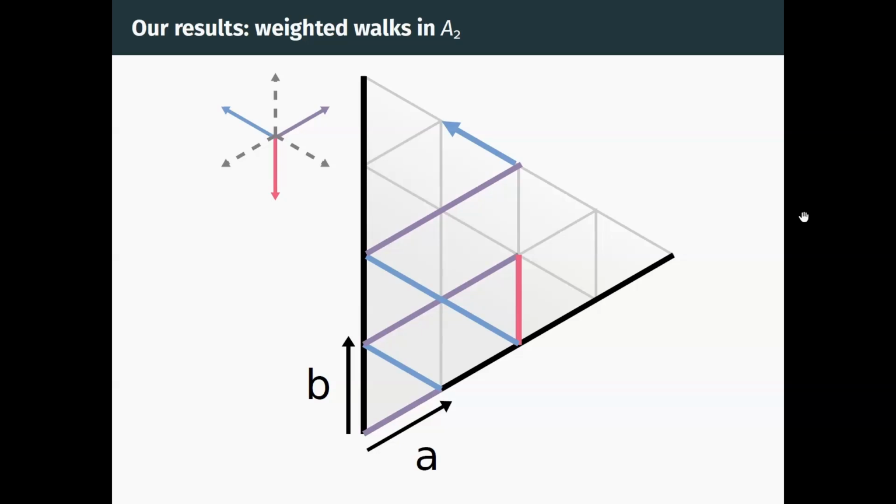There's northeast, northwest, and south. Mm-hmm. But the only thing I care about overall is the endpoints of the path. And so if I just look at the endpoint right there, then I'm just going to count how many times up first, and then, yeah. No, that's a good question. And so you could also consider, of course, weights on the individual steps, and then you wouldn't necessarily get the same weight regardless of each way you went to the path. But that is much more complicated, I think. And so these would be called central weights, where they only depend on that endpoint. But it is a good point, yes.